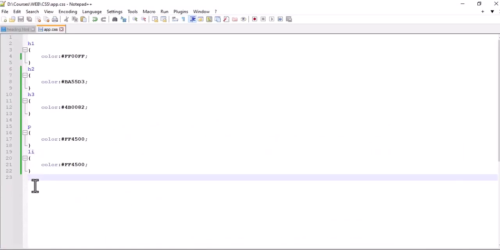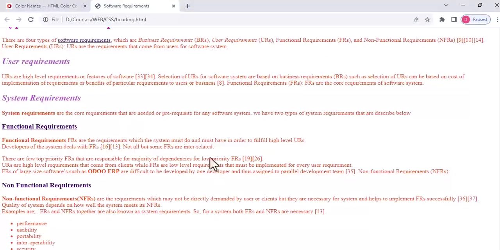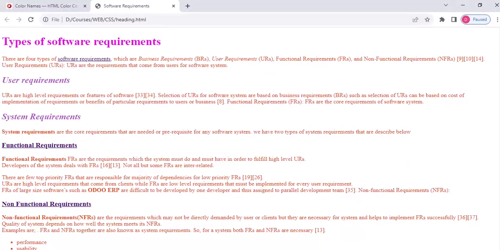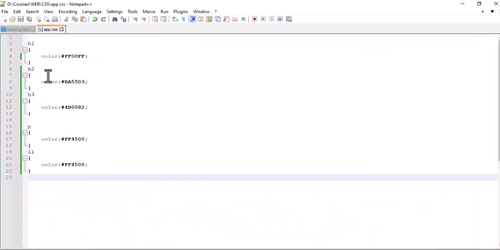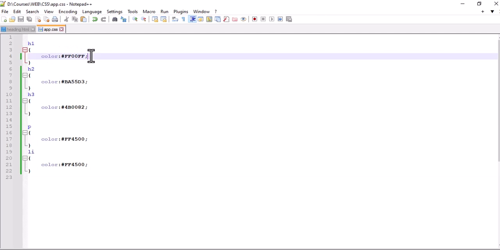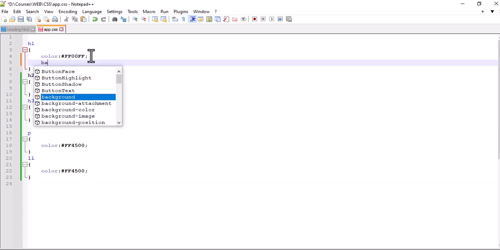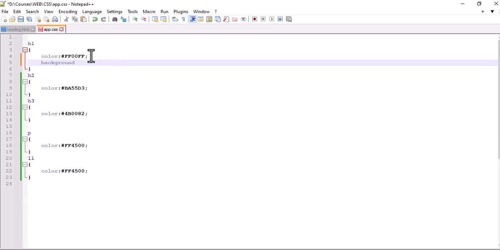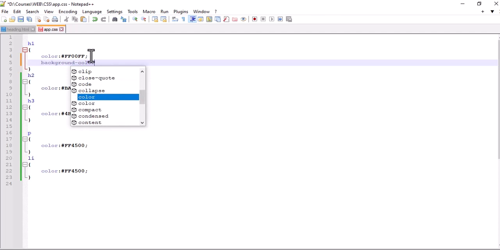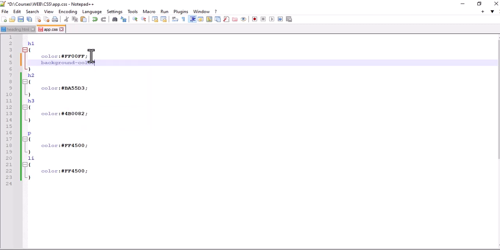So what about the background color? Because these are the color set for the text, not for the background. So if I want to change the background of these writing and similarly background of heading, for example, so what will I do? I will modify the existing element. Suppose I want to change the background color of h1, so I will write background. So simply I can write background, but it will be good practice if you write background-color, because background is a property associated with images, etc. So background-color, and I will write background color as